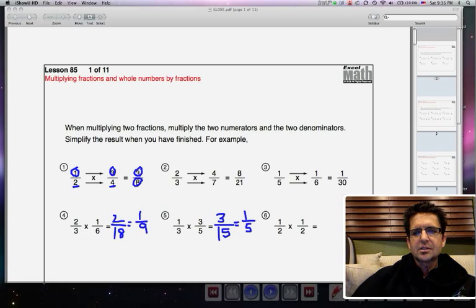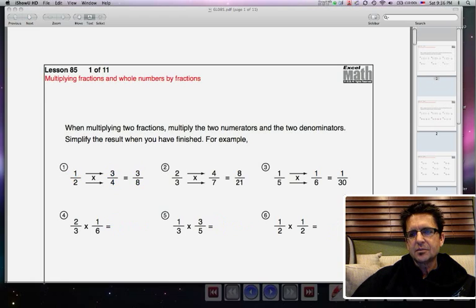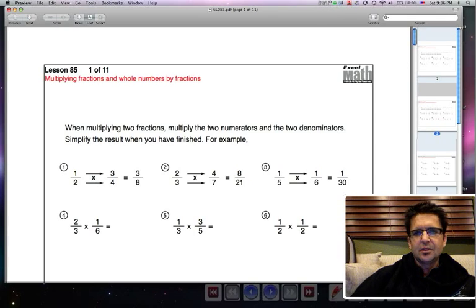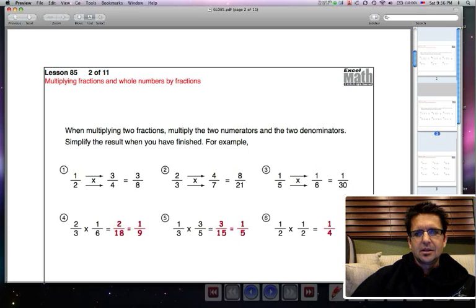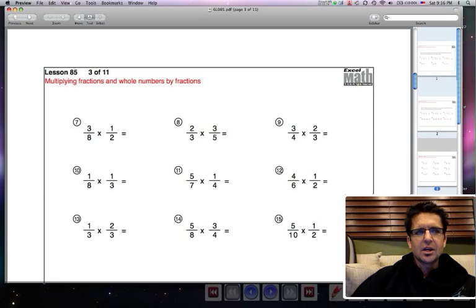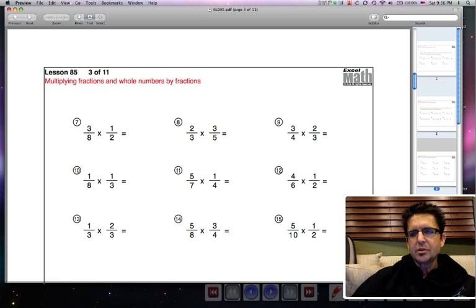And for number 6, 1 times 1 is 1, not 2. And 2 times 2 is 4. There's no way to reduce 1/4. So that would be the final answer for that one. All right. Let's move on. Okay. And go ahead and try 7 through 15. Pause the video while you're doing those problems and then turn it back on when you're ready to see the